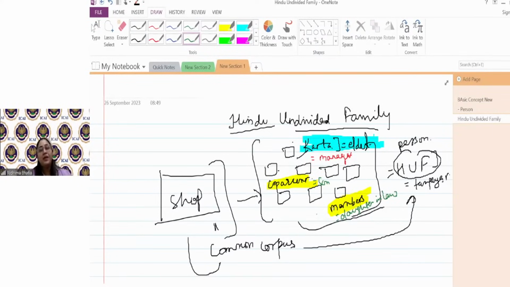She is married into the family, so she is called a member. Co-partner would be the person who is born into the same family. Son ho ya daughter ho, they are one and the same thing. So Karta ka daughter would also be a co-partner, and daughter ka bacha would be a co-partner, but daughter ka husband would be a member. Got it? Like that it will go on.